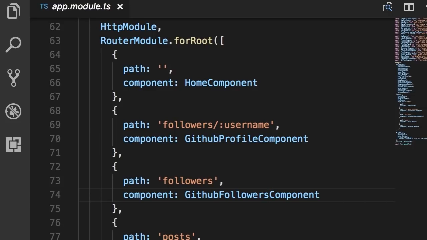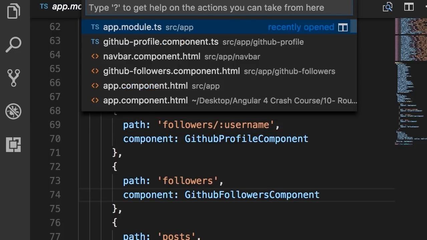So in app module, we have defined this route that takes a parameter, username. Let me show you how we can extract this parameter in our GitHub profile component. Because in a real-world application, most likely we want to get this parameter and use a service to get the profile of the given user. So let's go to GitHub